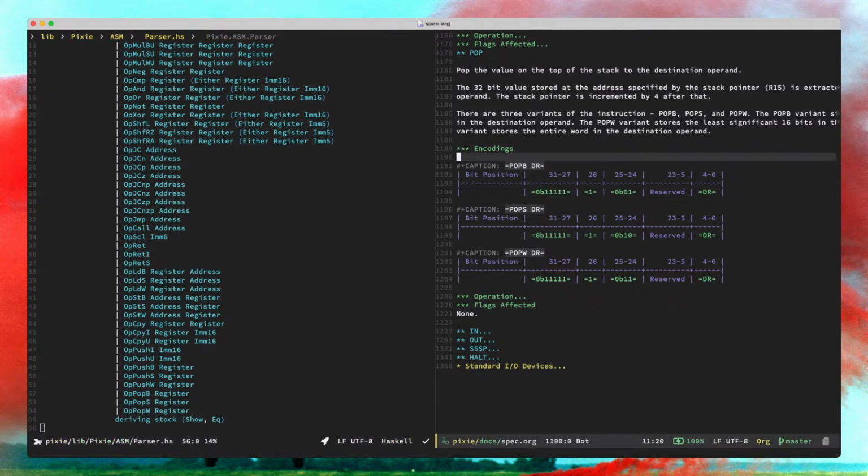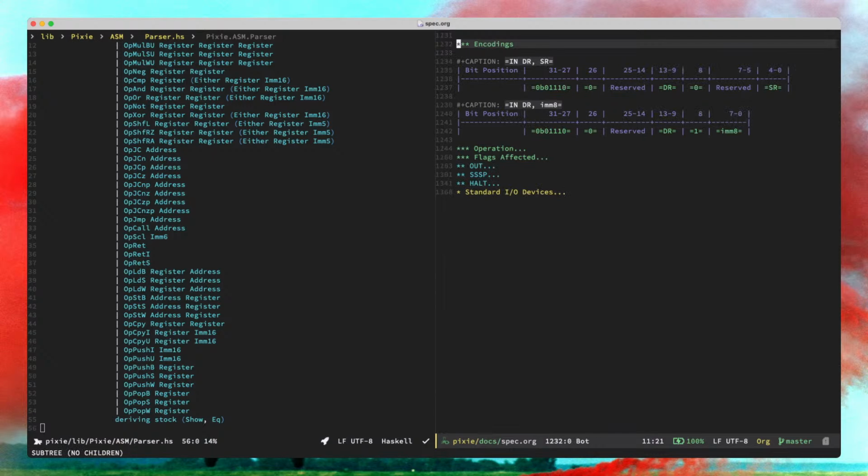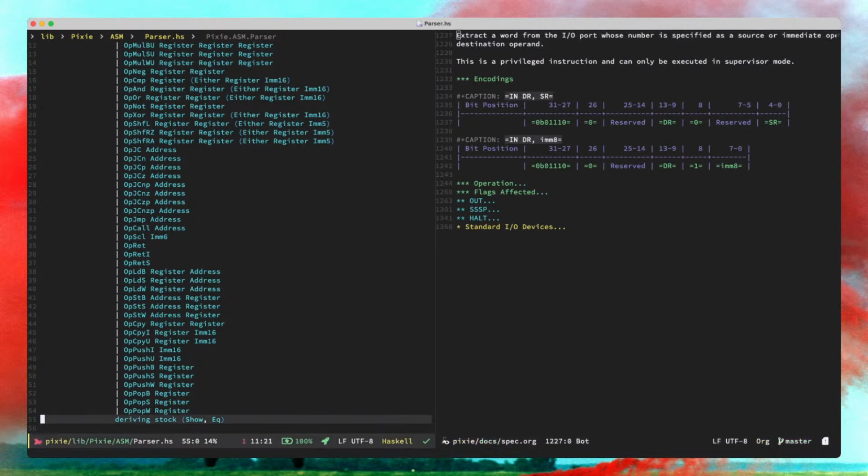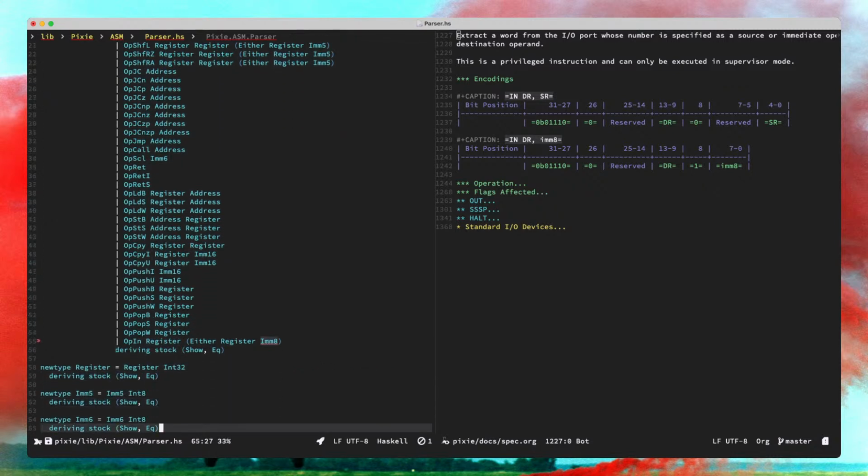Now we are down to the last 4 instructions. The in and out are used to access input and output devices, IO ports. So the in has a destination register and either a source register or an 8-bit immediate value, because there are 256 IO ports. Again, we need to define